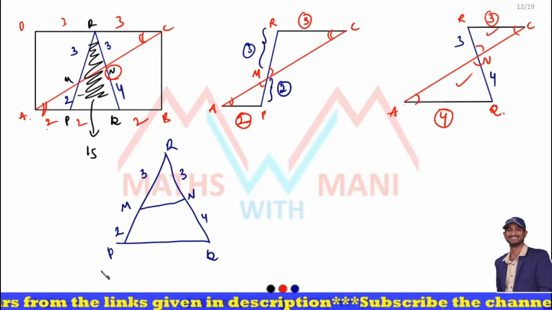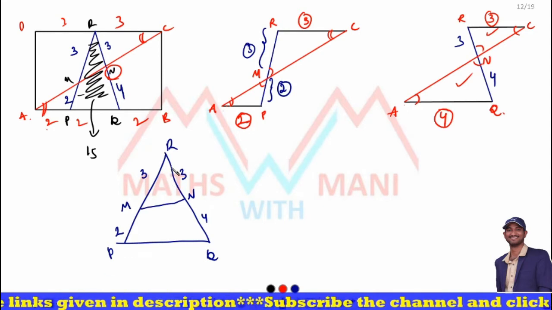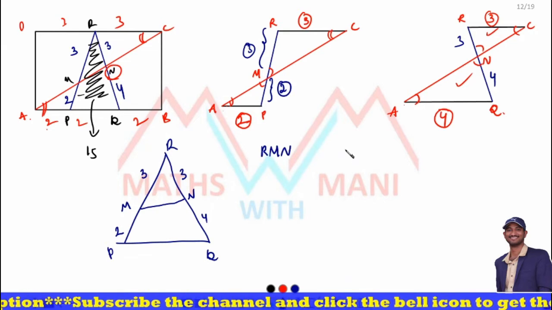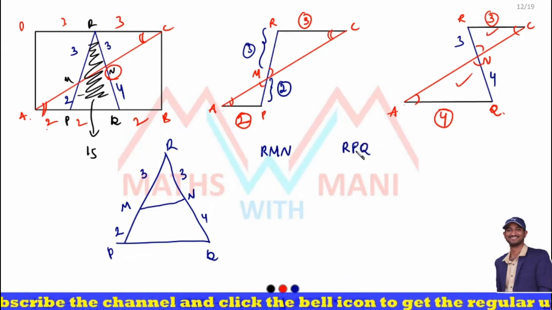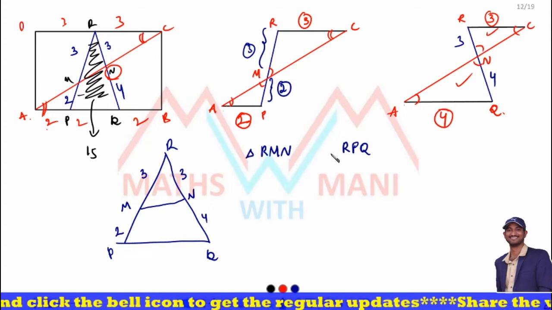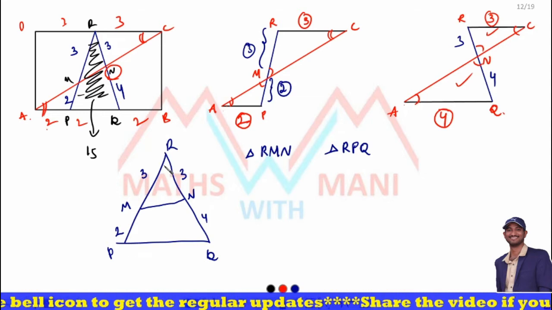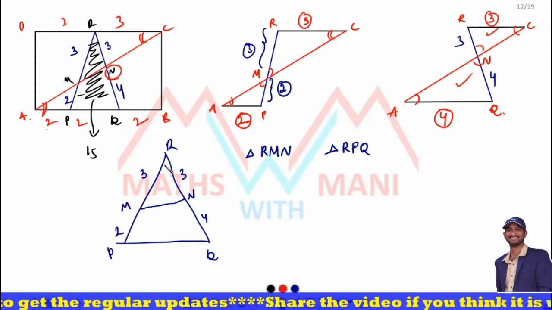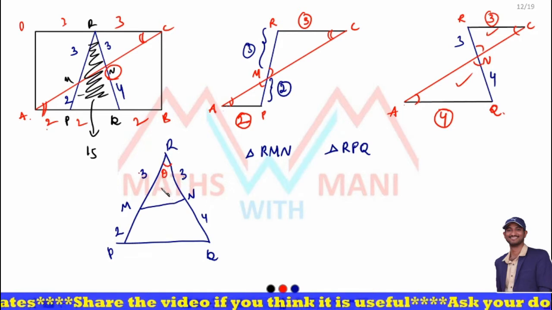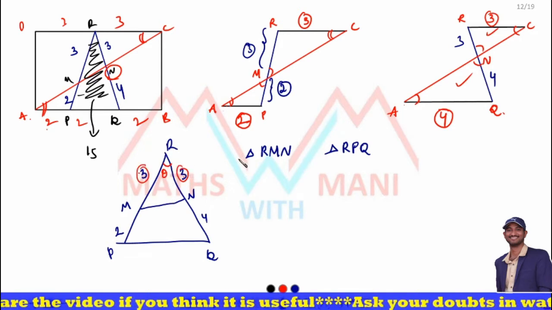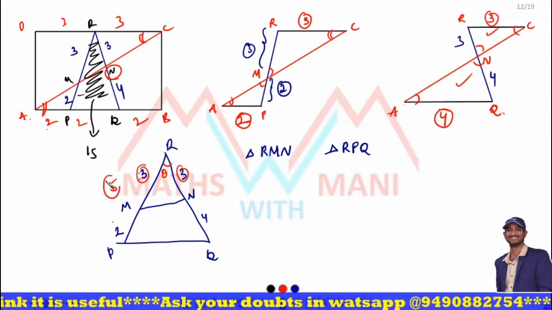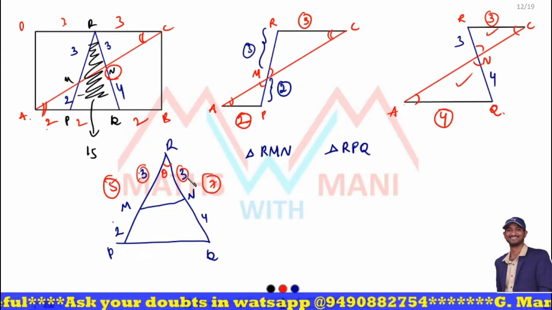In the similarity of triangles problems I told you, there are two triangles RMN and RPQ. They are not similar triangles. Please remember, they are not at all similar. But if the angle at R is theta, then the area of triangle RMN is half AB sin theta, that is half into 3 into 3 sin theta. What is triangle RPQ's area? It is 3 plus 2, that is 5, and 3 plus 4, that is 7, of half AB sin theta, same.